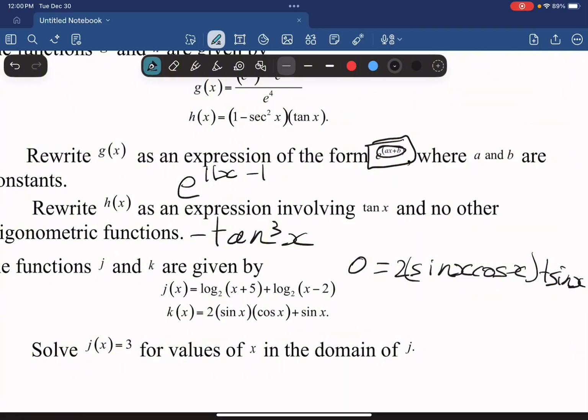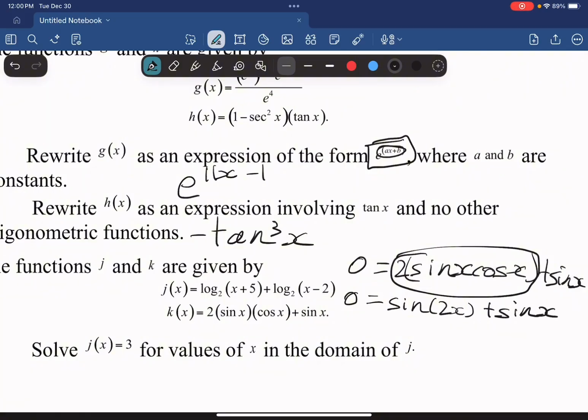Okay, well, let's think about this for a second. 2 times sine of x cosine of x is just another way of saying sine of 2x plus sine of x, right? So this should equal 0. So logically, these two should cancel each other out, right? And let's think about what number between 0 and 2 pi inclusive, or I don't think we include 2 pi, what number between there will give us things that